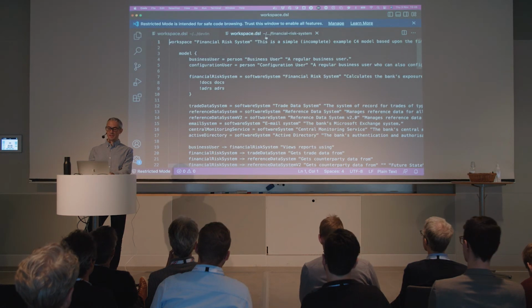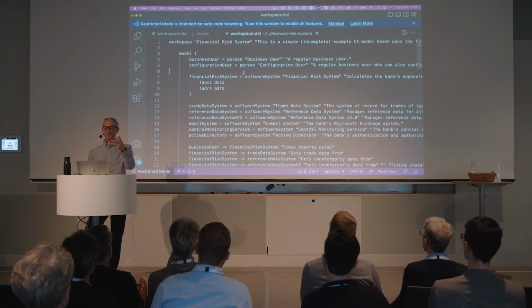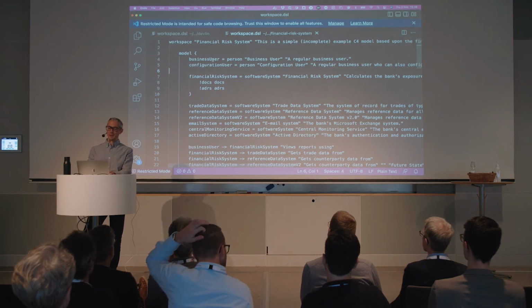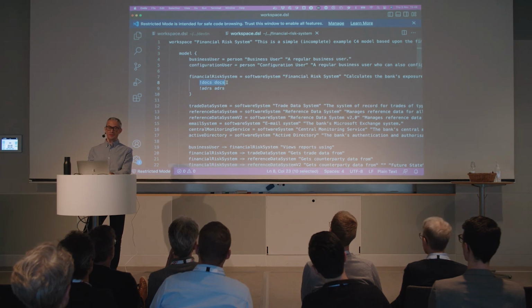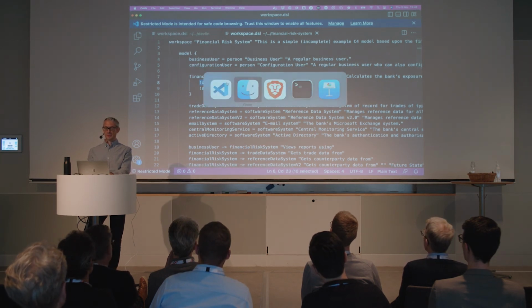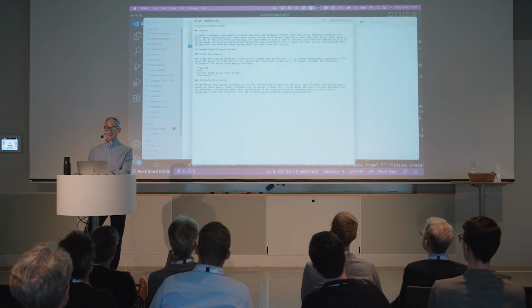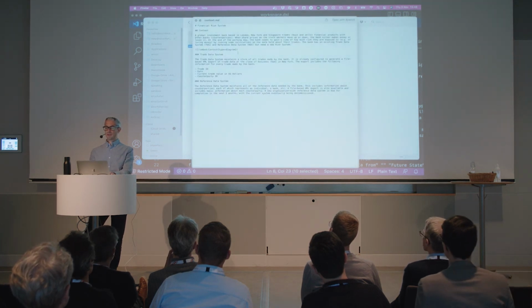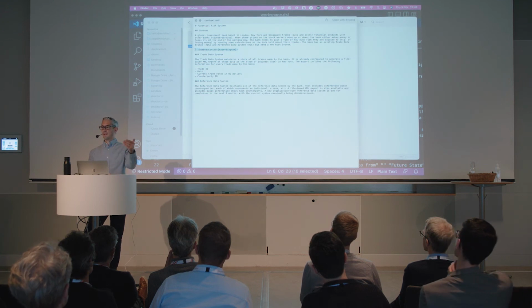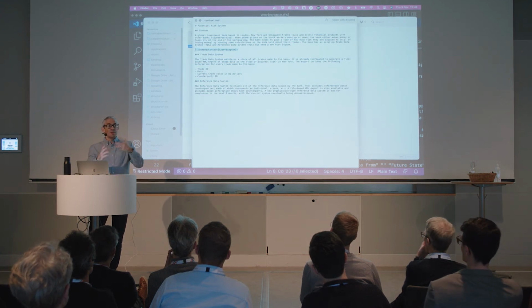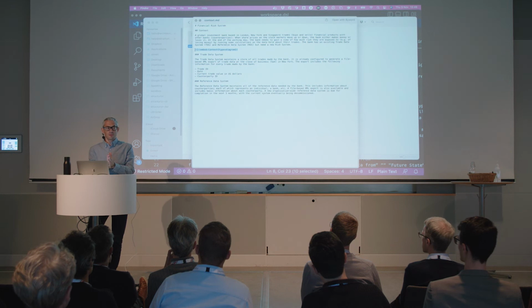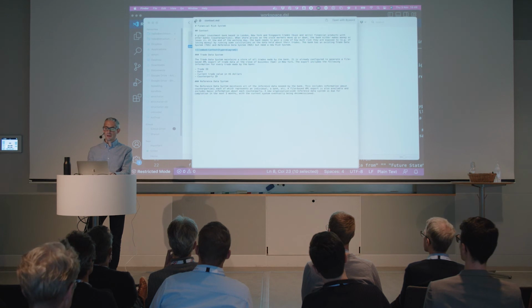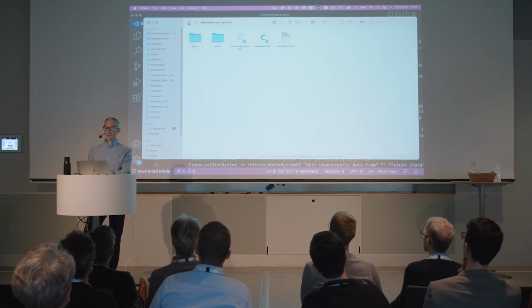So this is our workspace DSL. It's the same thing. Those who came to the workshop yesterday will recognize some of these things. We've got a couple of people and some software systems. I'm basically saying include all of the docs in the docs folder. The docs in the docs folder are here, and they're pretty standard Markdown with the exception of this little tag here, which I'm using to embed a diagram from the workspace. So this is a really nice way to put all this stuff in one folder, and then you get a set of rendered Markdown or AsciiDoc documentation with those views and diagrams in your workspace automatically included. You can do the same thing with architecture decision records.